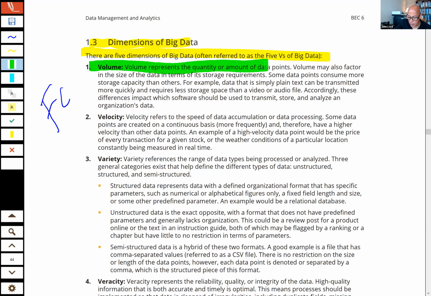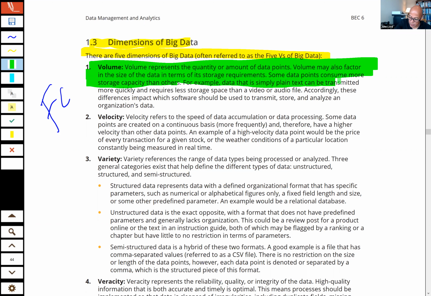Volume represents the quantity or amount of data points. Volume is also a factor in the size of data in terms of storage requirements. Some data points consume more data storage capacity than others. For example, data that is simply plain text is transmitted more quickly and requires less storage space than a video